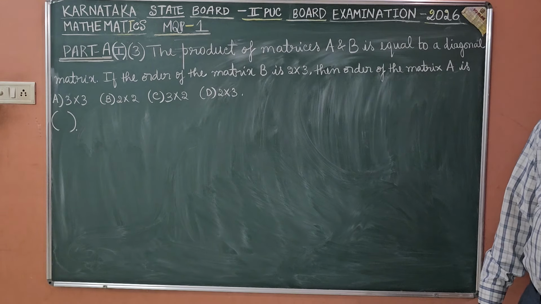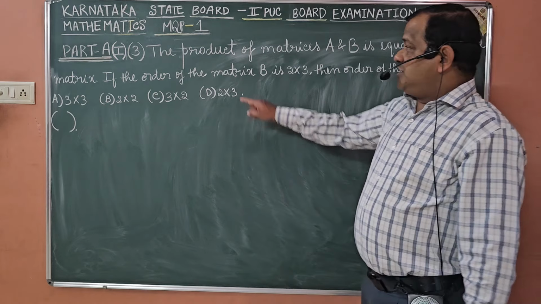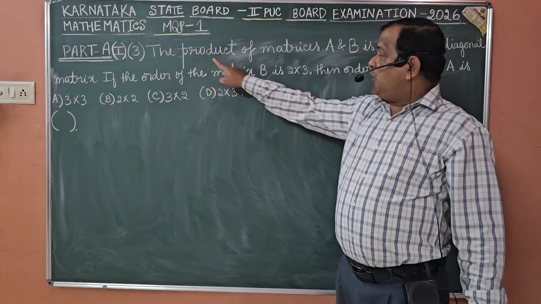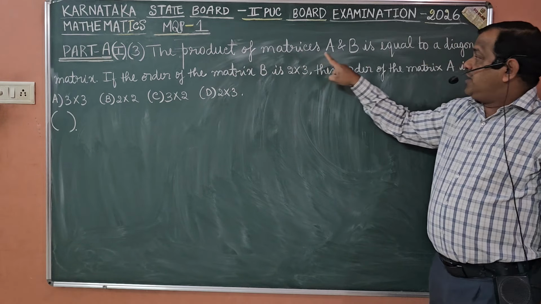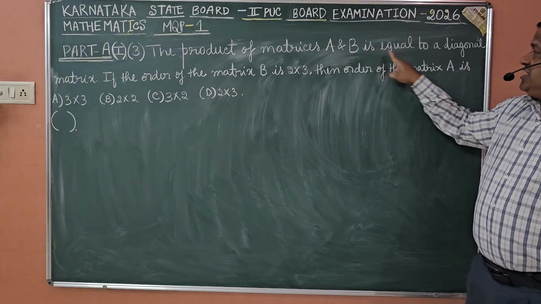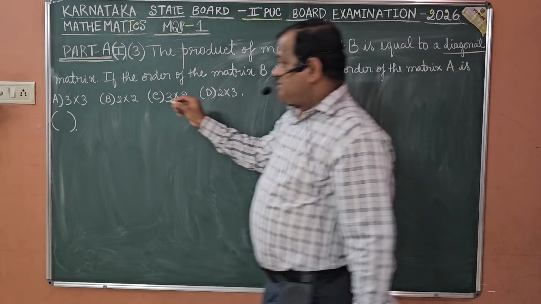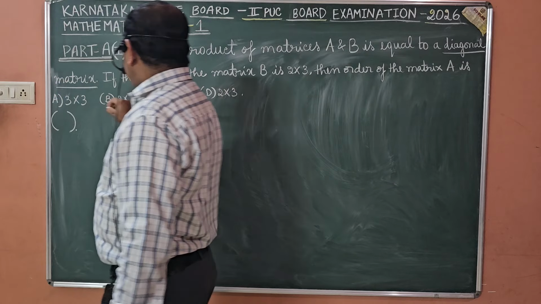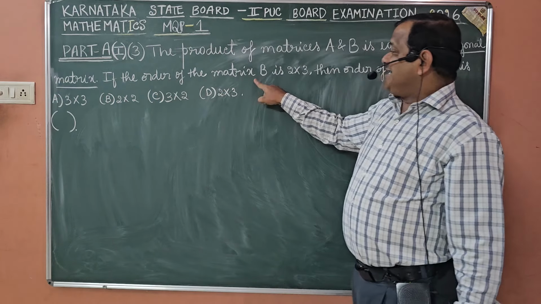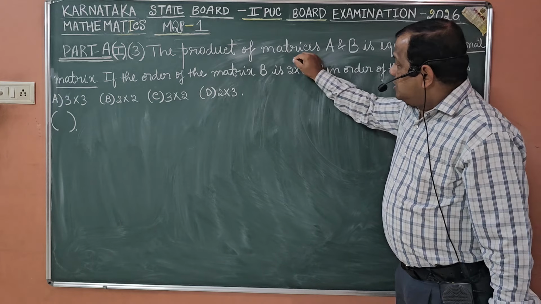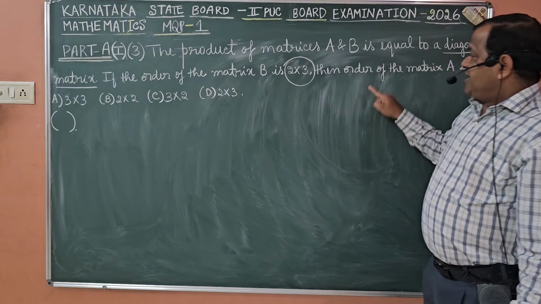Here is the third MCQ. Very easy question from matrices. The product of matrices capital A and B is equal to a diagonal matrix. This I underline first. If the order of the matrix B is 2 cross 3, then what is the order